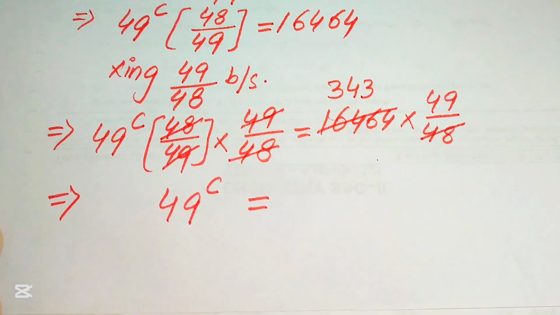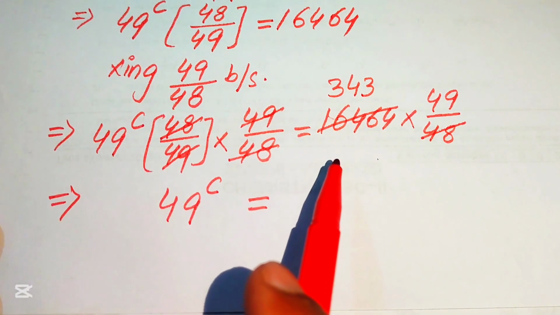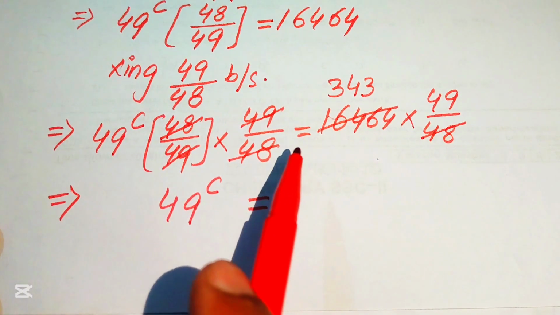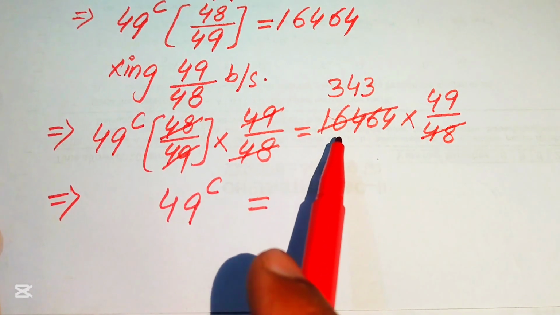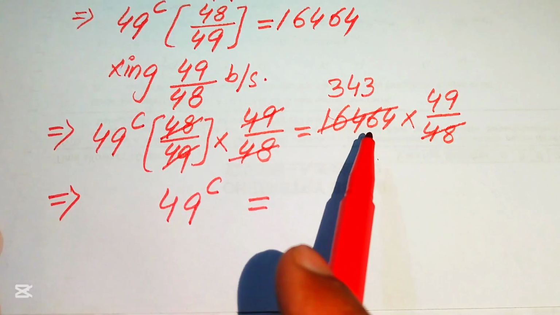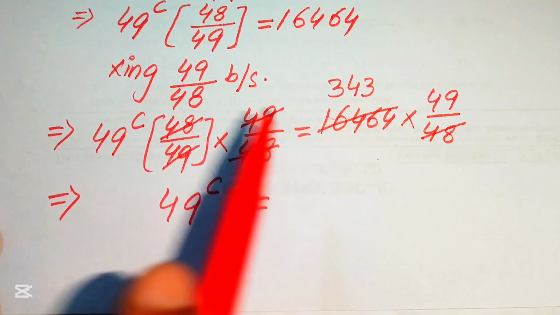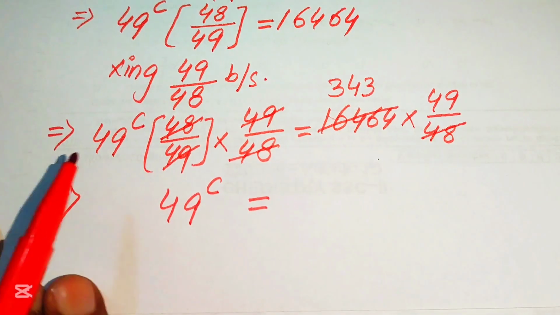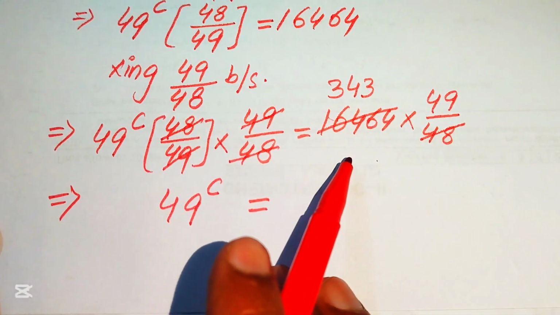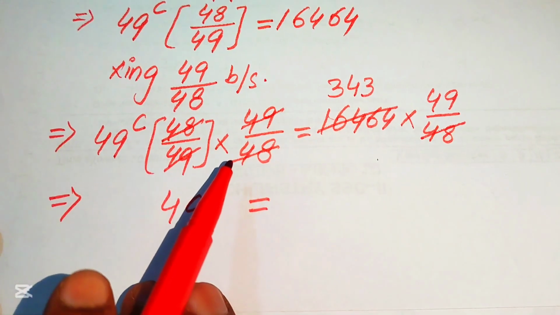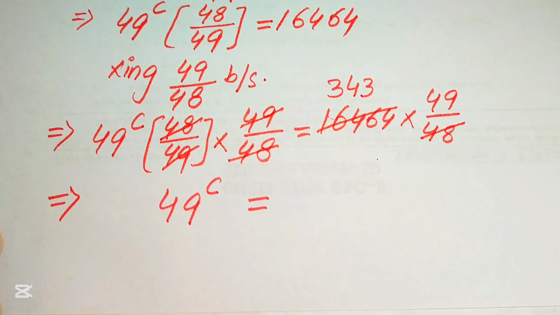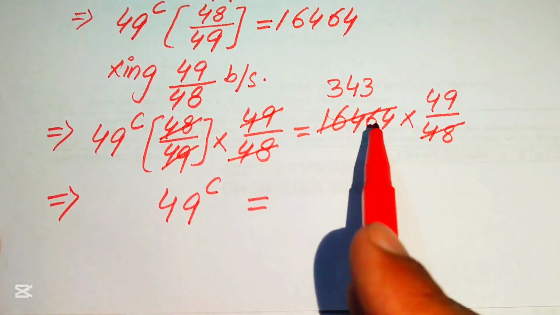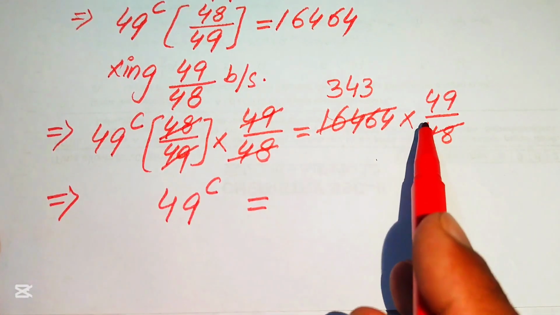343. So here you can just use the traditional method of division, which you can learn in your primary classes, and you can easily do this division without using the calculator. If in your examination a calculator is not allowed, then you can easily do this, but if a calculator is allowed, then you can do this step by using the calculator. Okay, so here you have 343